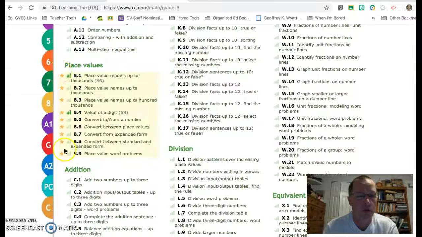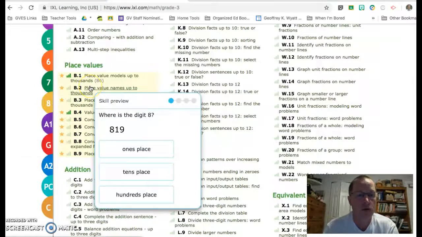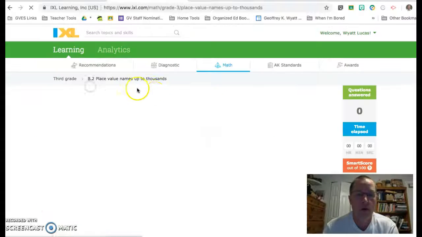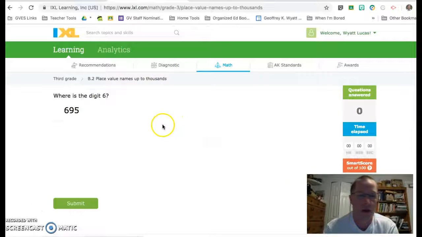Then come over here, look for some of them that have stars. If you hover over it, it will give some examples of what they look like. Once you're ready to go with that one, you can click in there and begin your